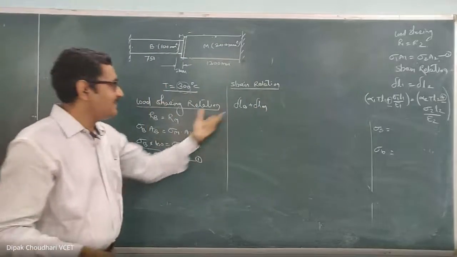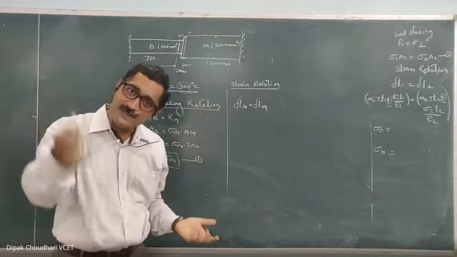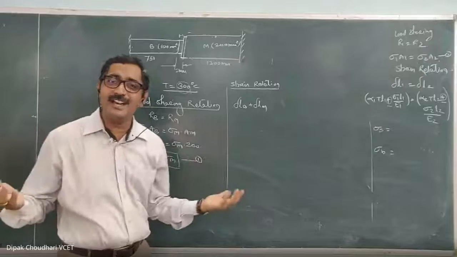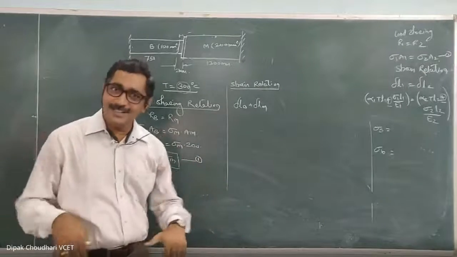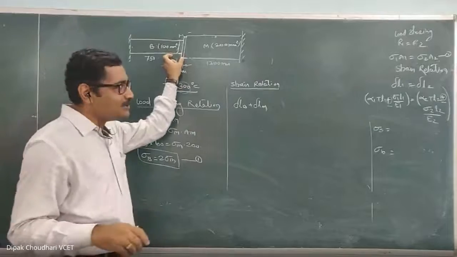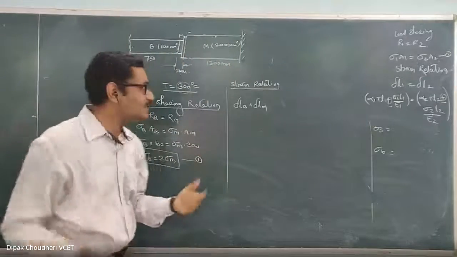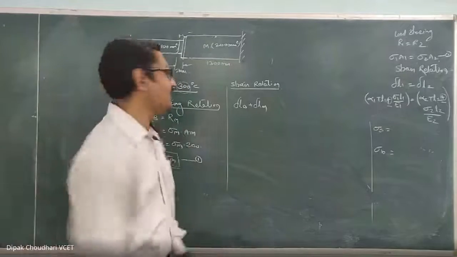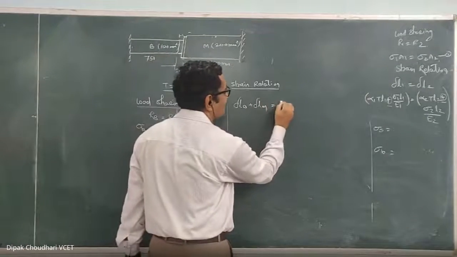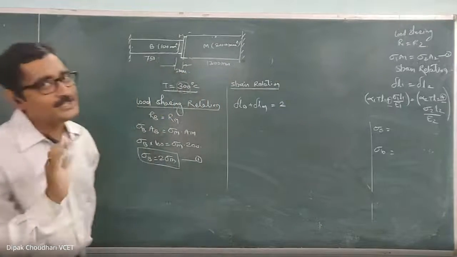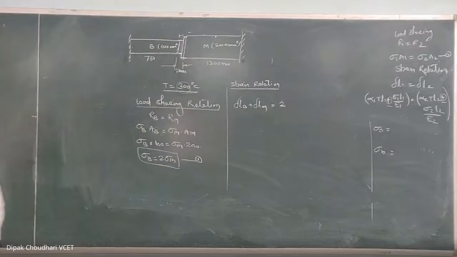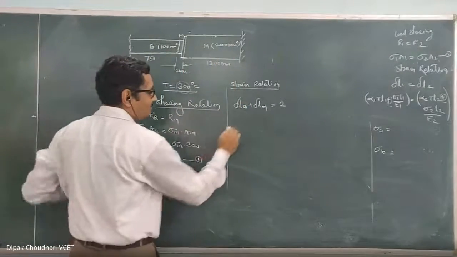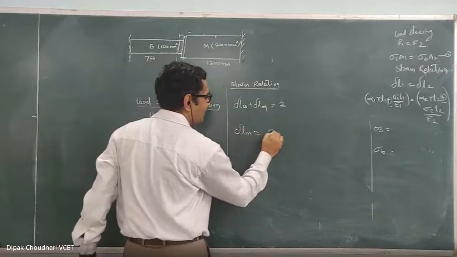Listen to me. This gap of 2 millimeter got filled and closed at 75.6, but beyond that, if we raise the temperature, what will happen? Then also, since there is a gap of only 2 millimeter and its ends are closed, the deformation of both the materials won't go beyond 2 millimeter. Here it means delta LB plus delta LM won't go beyond 2 millimeter. It is only 2 millimeter. Understood? It may happen, listen carefully, that the deformation of the magnesium may be 2.5 millimeter.